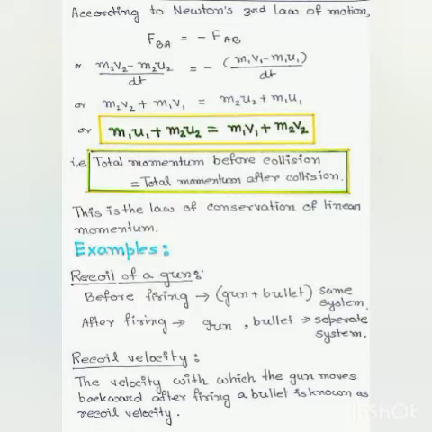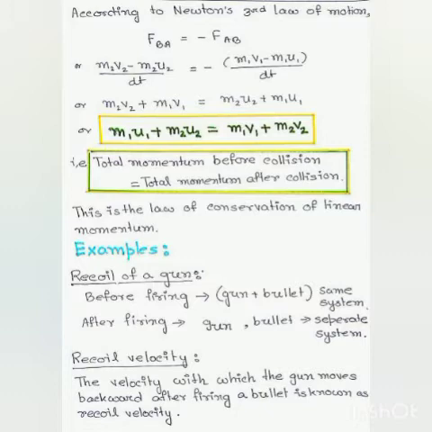Now, to understand the law of conservation of momentum, we will consider the example of recoil of a gun. We have already learned the recoil of a gun, which we have explained with the help of Newton's third law of motion. However, the recoil of a gun can also be explained with the help of the law of conservation of momentum. Now, the bullet inside the gun and the gun itself form a system. Thus, the system is gun plus bullet, and before firing, the gun and the bullet are at rest. Therefore, momentum of the system before firing is 0.